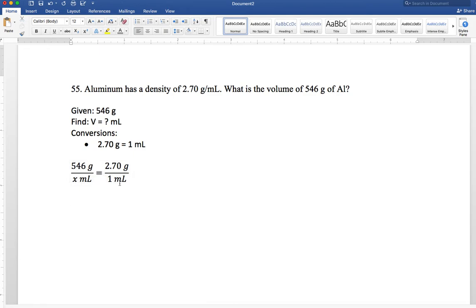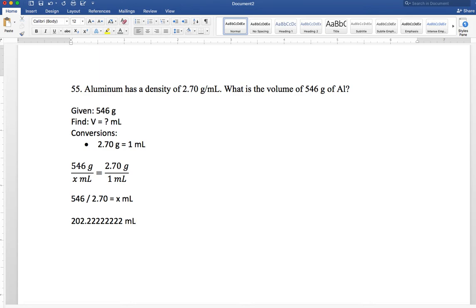So when we multiply those, it's going to be 546, and times 1 is just going to stay 546. And then we're going to divide by the number we have left over, which is 2.70. So divided by 2.70, and that equals x milliliters. And so then we're just going to do the math in our calculator. On the left side, 546 divided by 2.70 equals 202.2222222